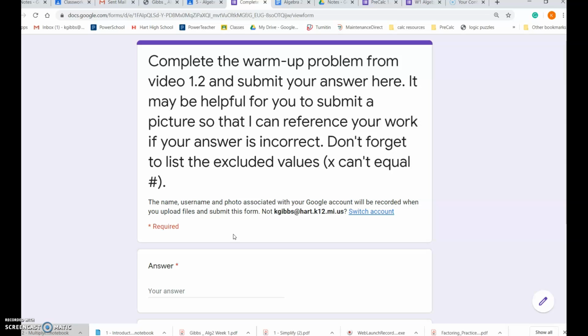then I can give you instant feedback and let you know where you went wrong, and it lets me check if you maybe mixed up how you add two numbers together or if you completely messed up the whole problem. Okay, so you will have at least one of these probably every single week of just a warm-up problem, but that I'm going to collect as a quiz or as